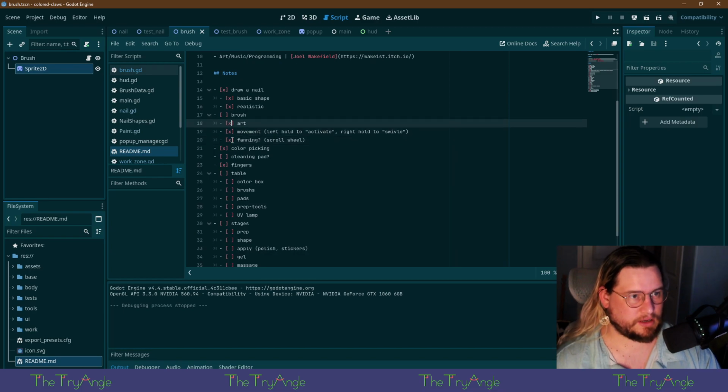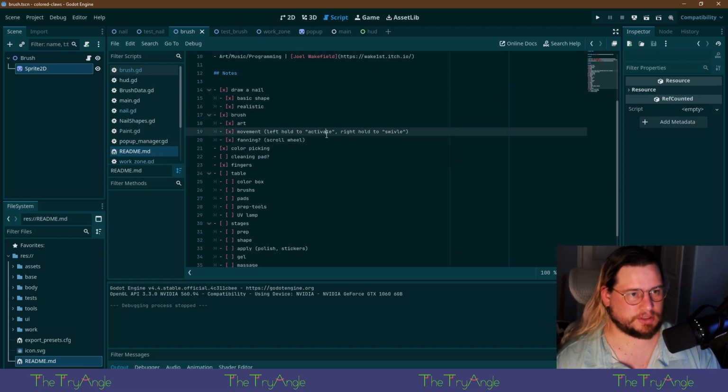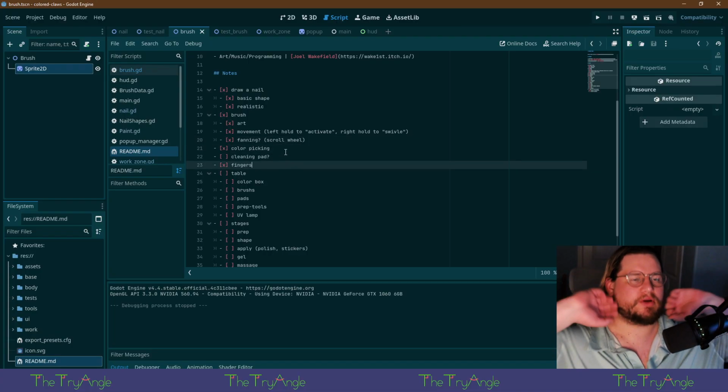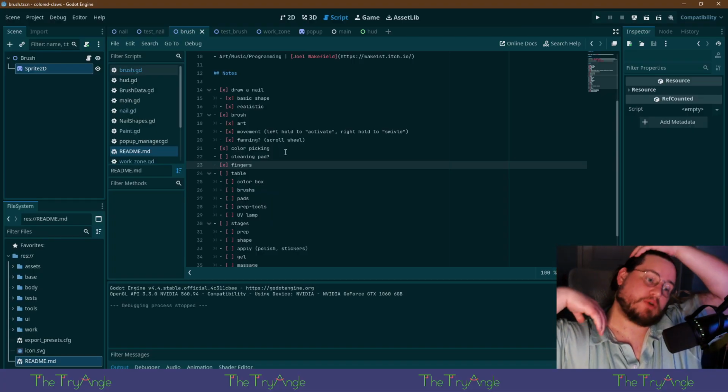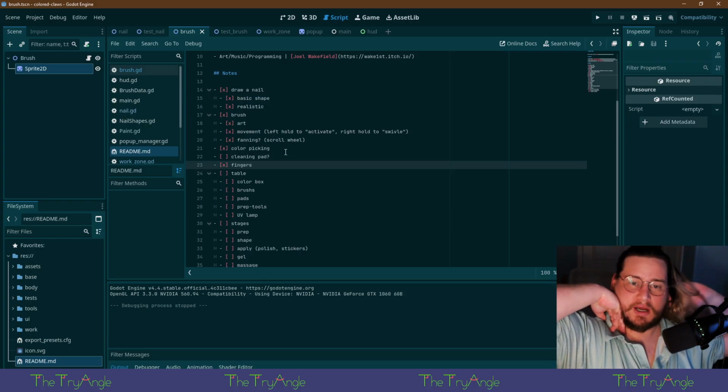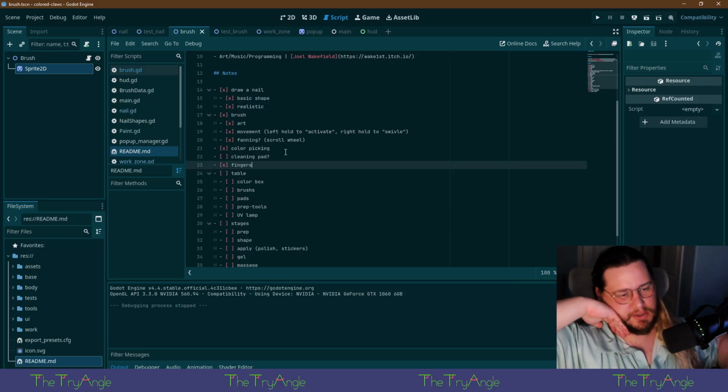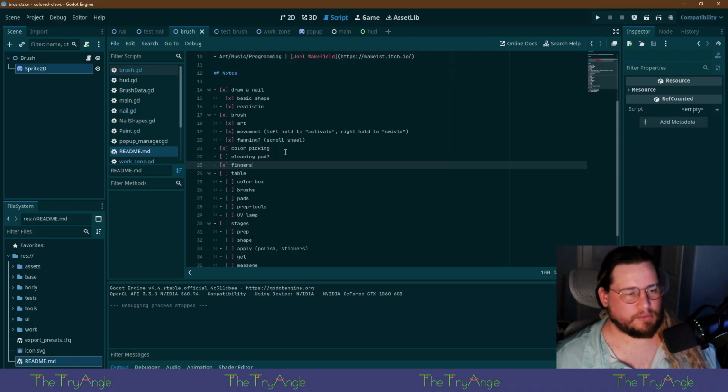Hello, fanning. Are we done with the brush? Yeah. Color picking? Yeah, we have that, but I feel like I like the idea of a box of brushes. Because when you buy this stuff, you get individual nail polish, or you can get it in sets.